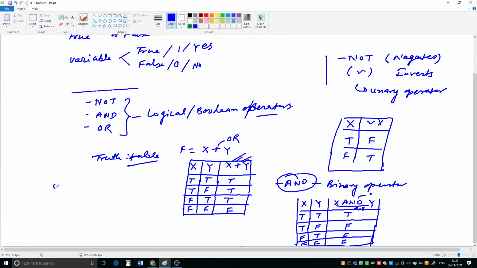Next we have to see the OR operator. The OR operator is denoted by this one that we have already discussed here. It gives us true if at least one of its operands is true, and it gives us false if both of its operands are false. So it is also a binary operator.